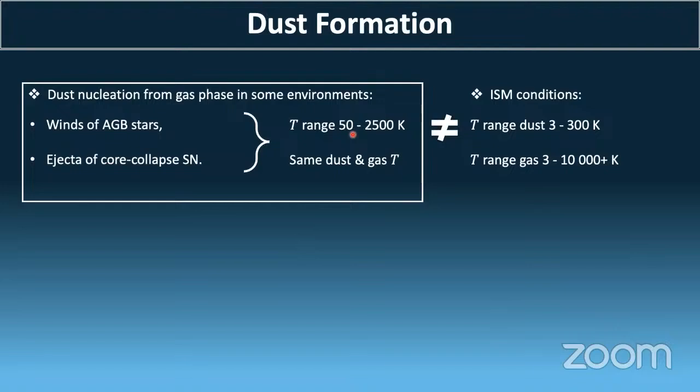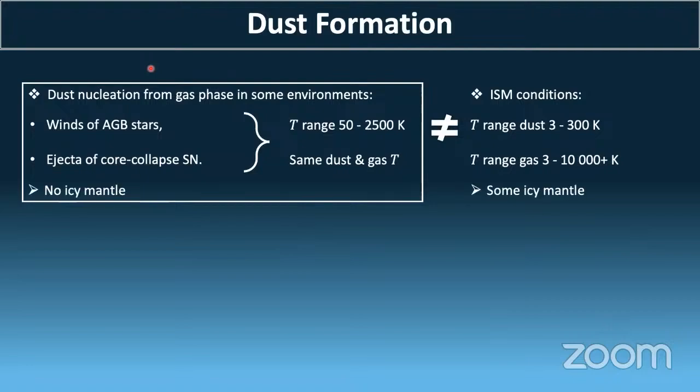What is important here is that because the dust is forming, we can consider the dust to be at the same temperature as the gas. So dust and gas will be at the same temperature, which is very different from ISM conditions. In the ISM, the temperature of the dust can be very low, 3 Kelvin minimum, up to a few hundred Kelvin. But the gas, on the other hand, can be at very high temperature because it can be excited by radiation, so we can have from 3 Kelvin to multiple thousands of Kelvin. Here we focus on the dust nucleation region because we want to study the formation and growth of those dust seeds.